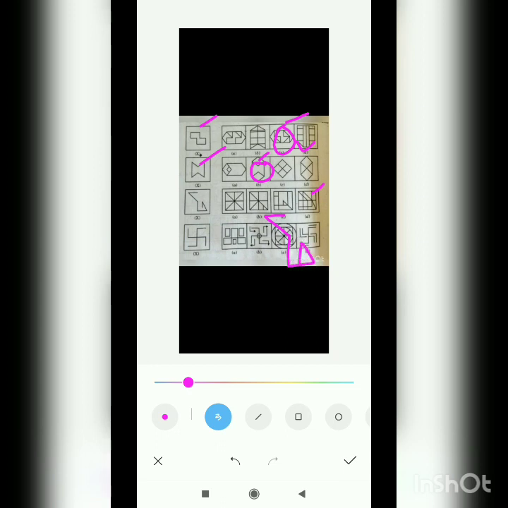Okay, so let's come to the next one. For this figure also, where it is embedded, you can see some of you have answered that this one is the answer, but this is not our answer. Just check it out properly. This one is also not our answer. This one is also not our answer. So definitely this figure is embedded here. So option C will be the answer of this question.